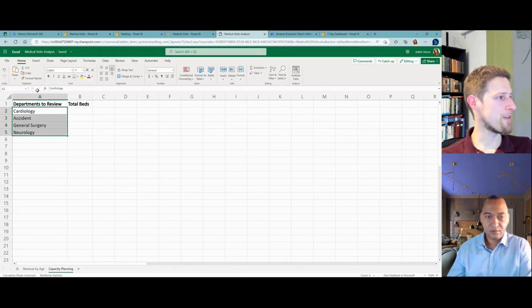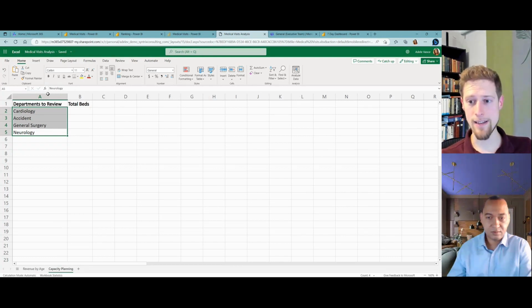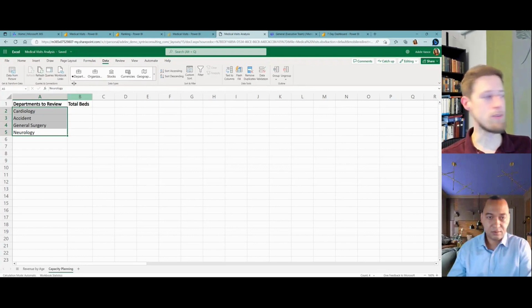So I'm going to zoom in here just so everyone can see what I'm doing. I've got some completely simple text. This isn't even formatted as a table. I've just got text that is my departments that I may be interested in doing some capacity planning with. And what I want to do is figure out the total beds that each department has available. Now I know that that data is available in Power BI, and so I could find a report somewhere and try to massage together the right query or the right visual and try to get it in exactly the format that I want here. Or I could just recognize that in our dataset, we took the time to define